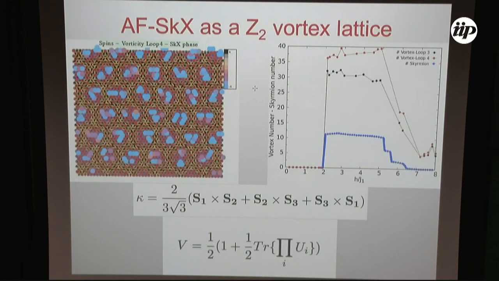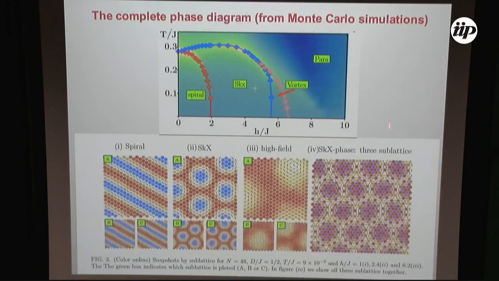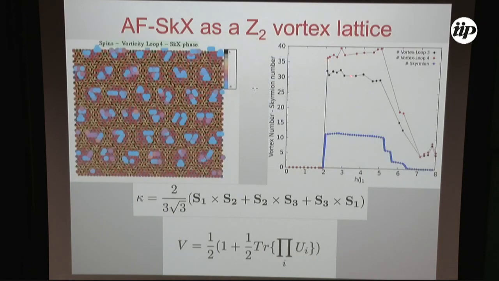And if you look now, as I said, the skyrmion number per sublattice goes to 0. So if you look here, it's clear that there are no skyrmions per sublattice. There's still some structure when you look at the vortex number. So here, the vortex number is definitely non-vanishing. So there is a transition between these 2 phases. One phase where per sublattice you see skyrmions, and in the other you don't see them, but you always see vortices. So this is still under study.